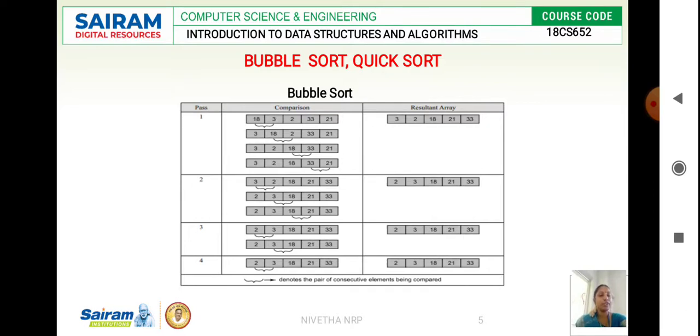So in each and every pass we will be getting one sorted element. So always the sorted highest element will be at the right end of your array. So at the completion of your first pass, the biggest element will be at the right. And when you complete your second pass, the last 2 highest elements will be at the right end. So this is the working principle of bubble sort.